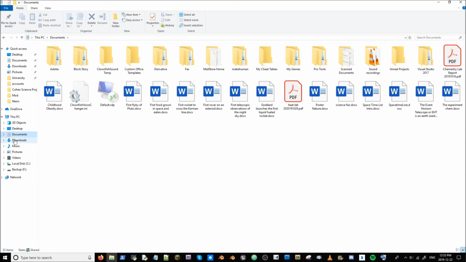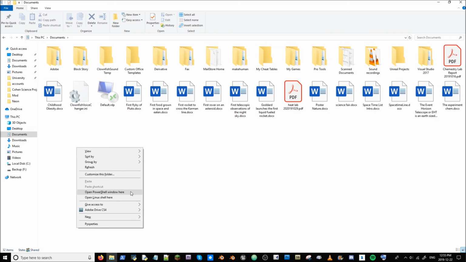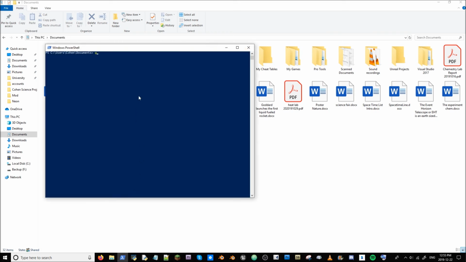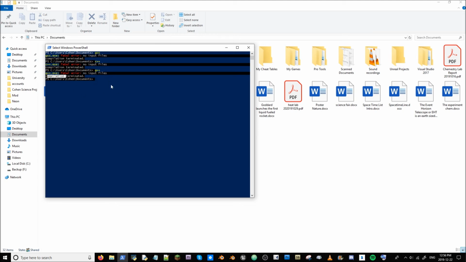Alright, so now this is hooked up. So when we open a folder, in our desktop or wherever, if we hit Shift, right click, open PowerShell window here, I think if we just say GCC, there it is. GCC is right here. Other words we can use, we can say C++. We can also say G++. Anyways, we haven't put any input in, but it recognizes the compilation right here. So I'll teach you the proper compile commands as we move on in the next episode